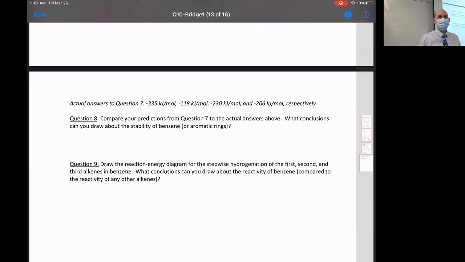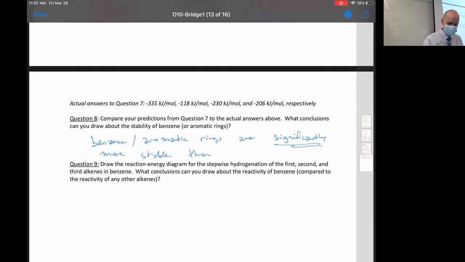Aromatic rings, benzene, are significantly more stable than conjugated trienes would ever be, or isolated. And since they're more stable, they're less reactive. In fact, it results in this really weird looking